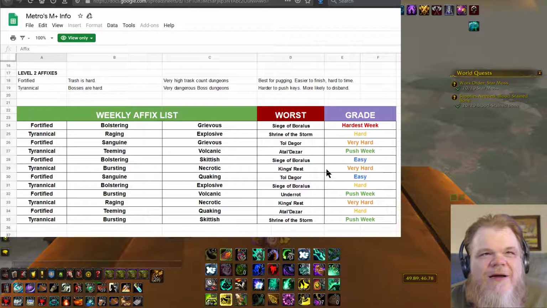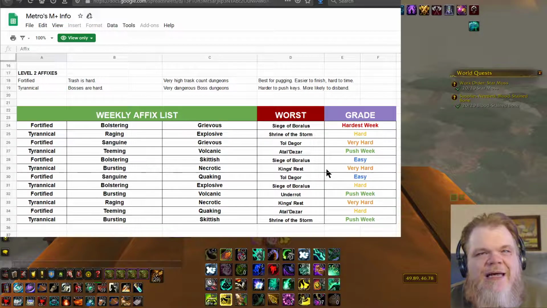I see necrotic there, and the way I understand necrotic is very similar to bursting. When you kill these non-boss enemies, it's going to leave that magic debuff on you as well. And again, I don't have a lot of experience with it, so I can't really speak too much about it. So the way necrotic works is anytime you get a melee, a physical attack, or it doesn't even have to be physical, but anytime you take an auto attack from a creature in a dungeon,